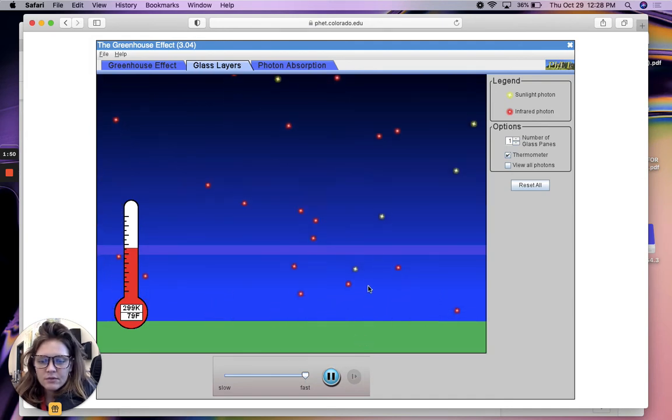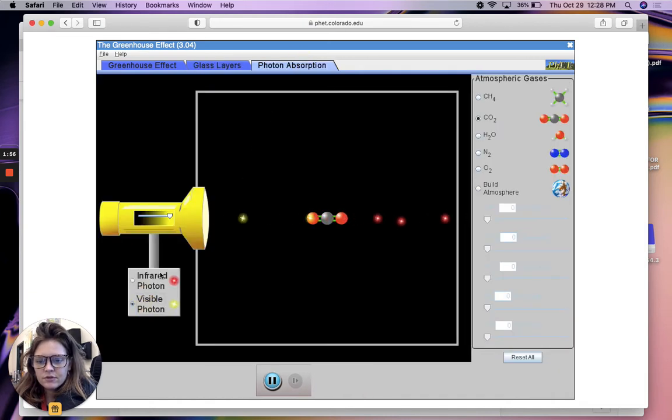So we're first going to look at what's actually happening to trap the heat. The first table asks you to select the visible light photon, which is the light from the sun, and see what happens when it goes through all of the different molecules that make up the atmosphere. Oxygen is about 20% of the atmosphere, and when visible light interacts with oxygen, it just goes right through it. So if this were the sun radiating visible light, that light would reach Earth over here, no problem. The same thing happens with nitrogen, which is the other 70% of the atmosphere,